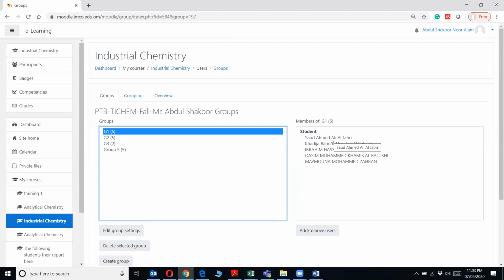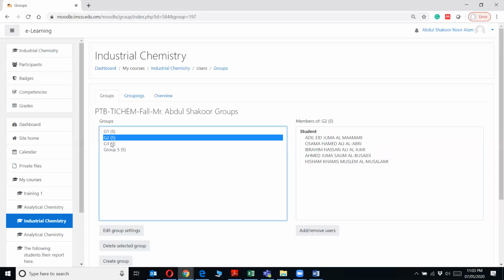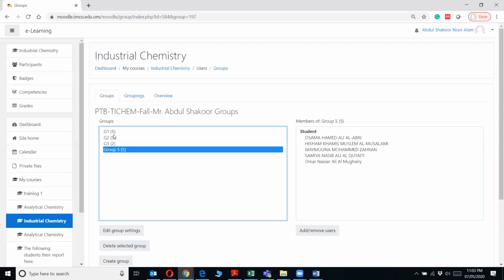Similarly, I will mark Saud. Suppose I give him 12 marks out of 20. Everybody will get 12 marks with the same feedback and remarks. Similarly here, the same thing. So you have to mark only 4 students, and the whole class will be marked.